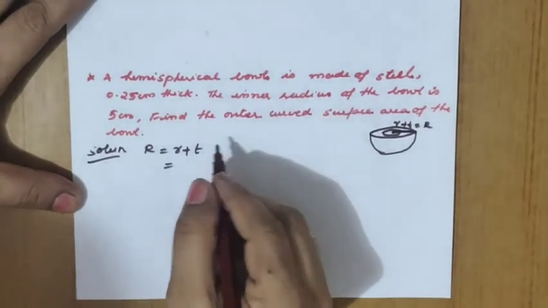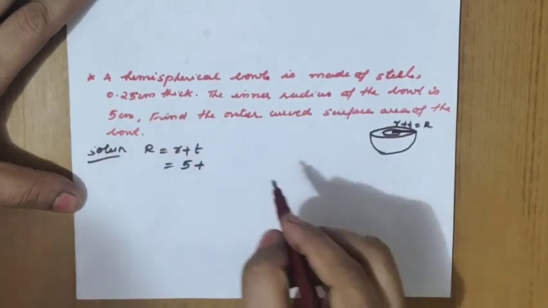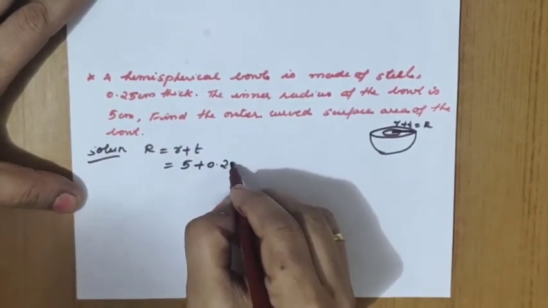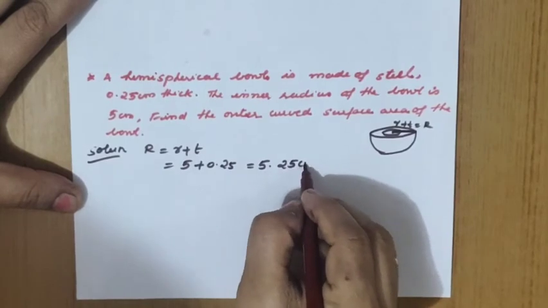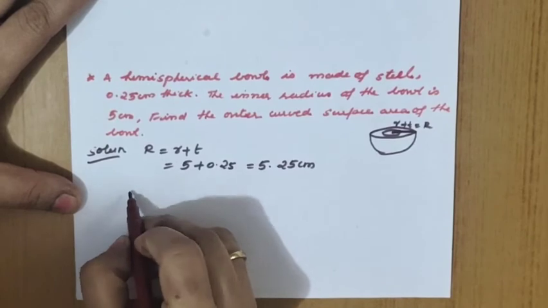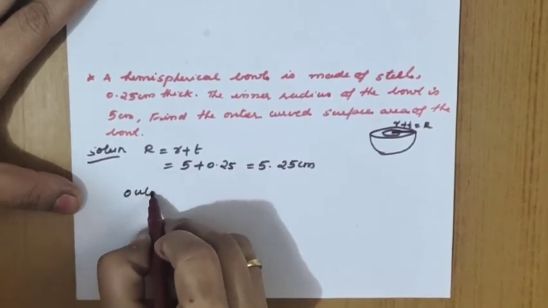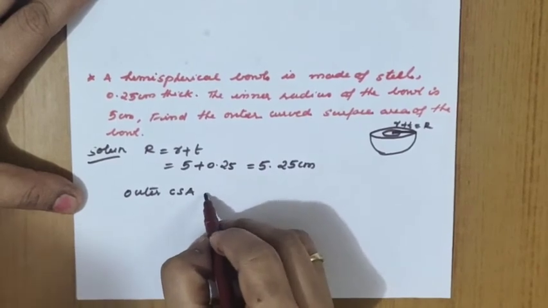The inner radius of the bowl is 5 cm. So 5 plus thickness, what is it? 0.25 cm. So what is the total? 5.25 cm. Question is asked on the outer curved surface area. It's a direct question only. So outer CSA of the hemispherical bowl